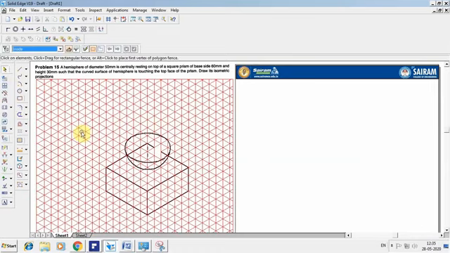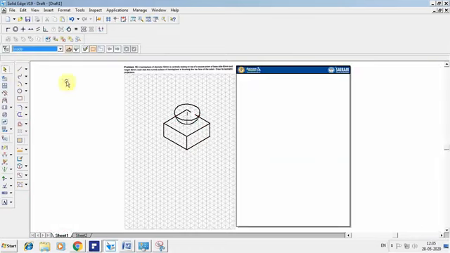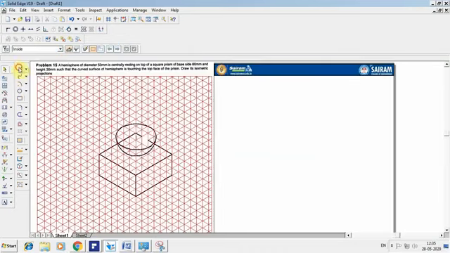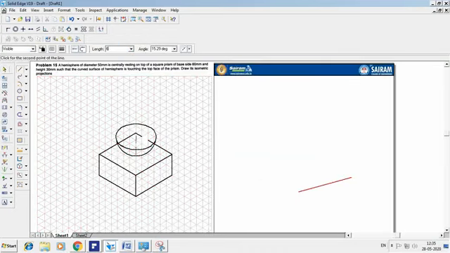Okay, similarly, how are you going to solve this problem in Solid Edge software? Now I'll go for drawing that. I'm going to take 60 at an angle of 30, 60 at an angle of 150, 60 at an angle of minus 150, 60 at an angle of minus 30.